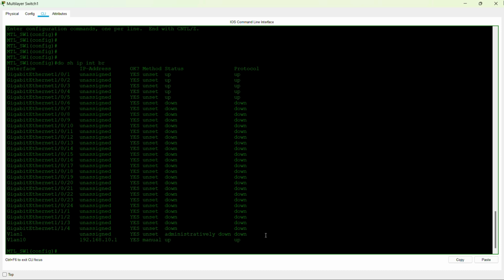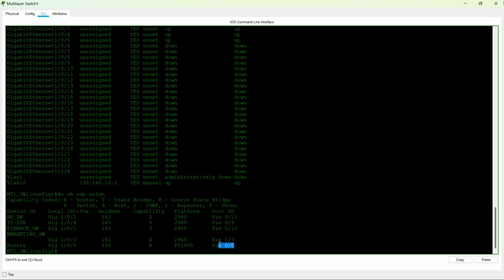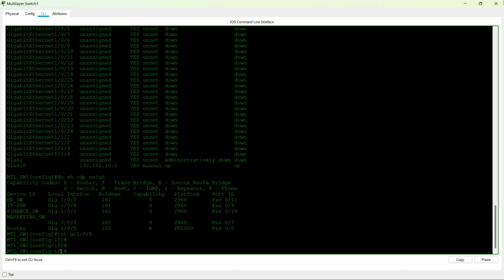Fastnet 00. I'll run the command do show CDP neighbor so that I would be able to see. Okay, what I'm looking for is fastnet 00. This is the one on the other end, and this is the interface that I'm willing to configure. So all I have to do is select the interface gigabit 0, sorry, it's actually 1/0/5. All right,